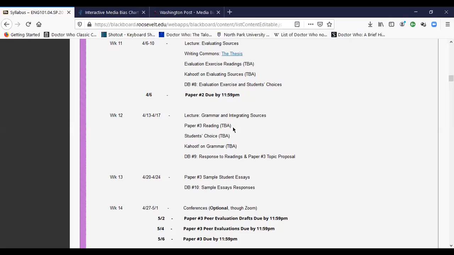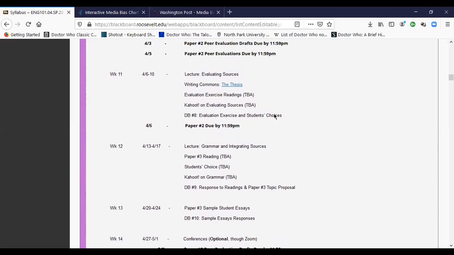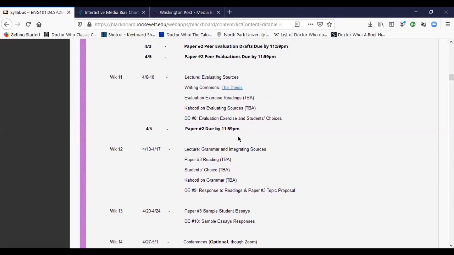This set of readings is already chosen. In fact, I may end up using both student choices if it turns out that there are enough votes on it, but you need to do that in DB number 8. And most importantly, paper number 2 is due by Sunday night, 11:59 p.m. this week.